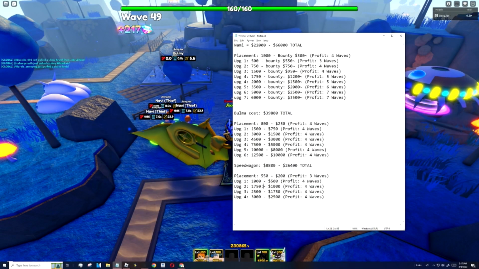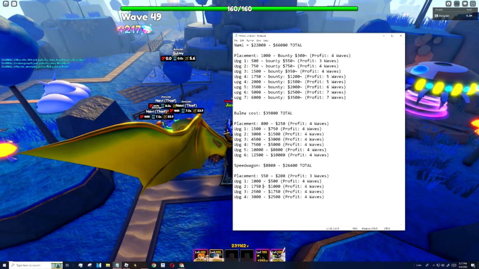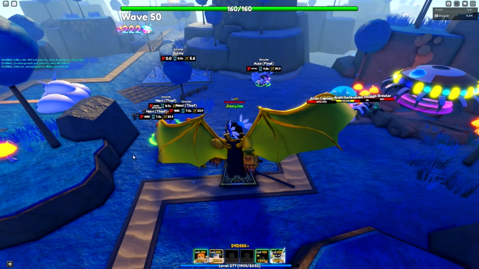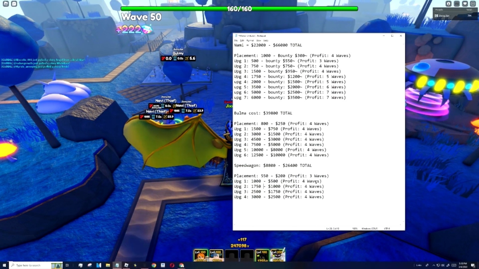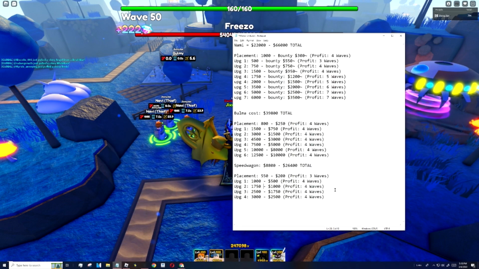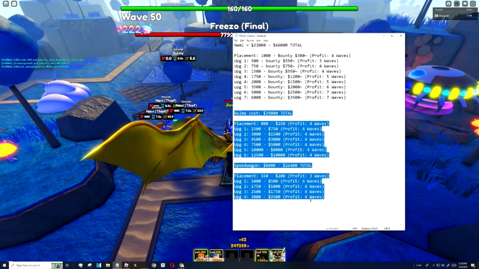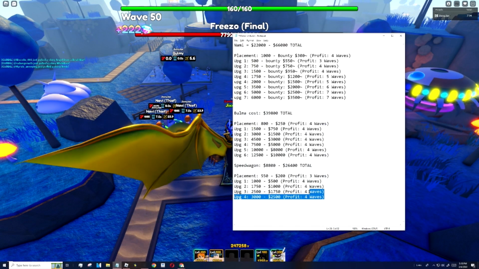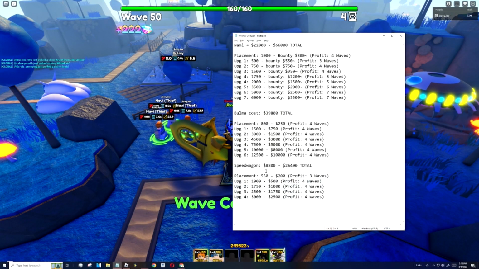Now, the next type of round is the 20 wave rounds. This is normally for secret portals and the occasional special round that might also be 20 waves. Now for these rounds, I'm going to suggest a Bulma Speedwagon combo for the exact same reason. First of all, you can split your money early game between Speedwagon upgrades and your damage, but also overall, it's